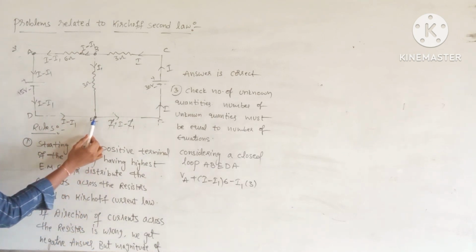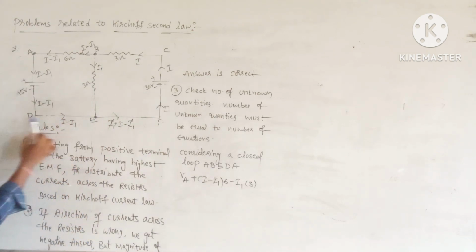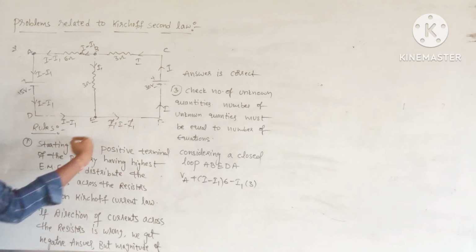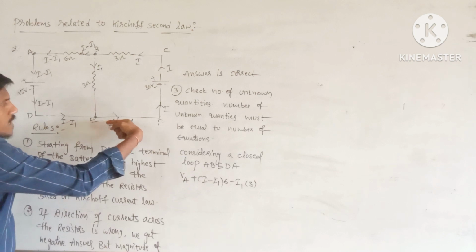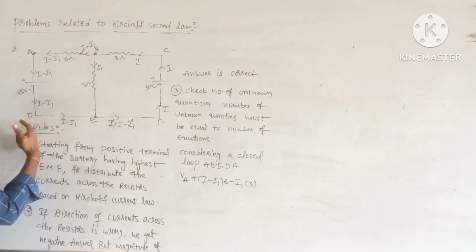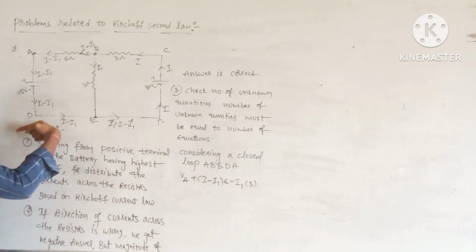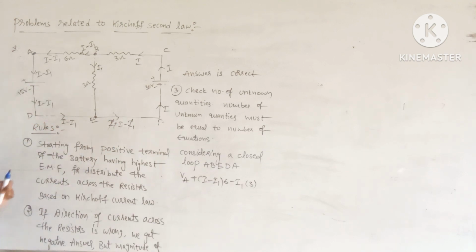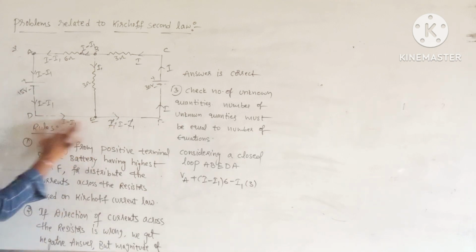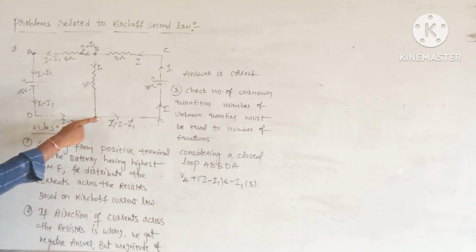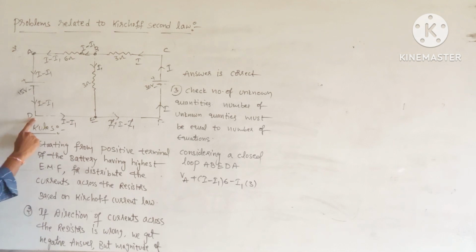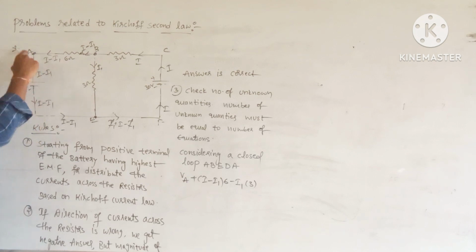Now I am following the path ED. In the path ED, this is the direction of electric current, and in this direction we move. So in the path ED, we move against the direction of electric current. Sorry, here in the path ED, there is no resistor, so no problem. Now I am moving like this. Now I am following the path DA. Observe the path DA.